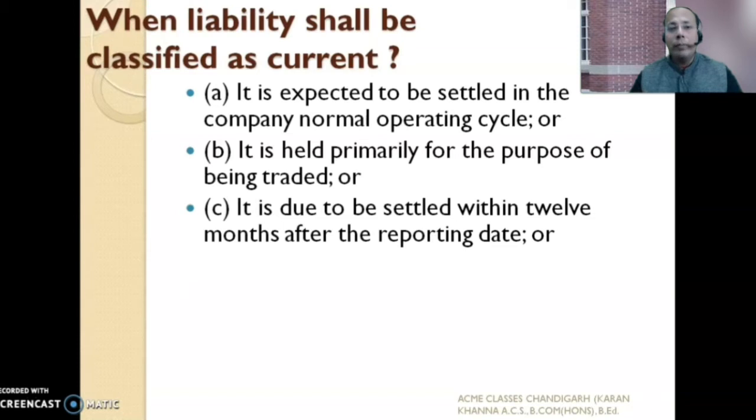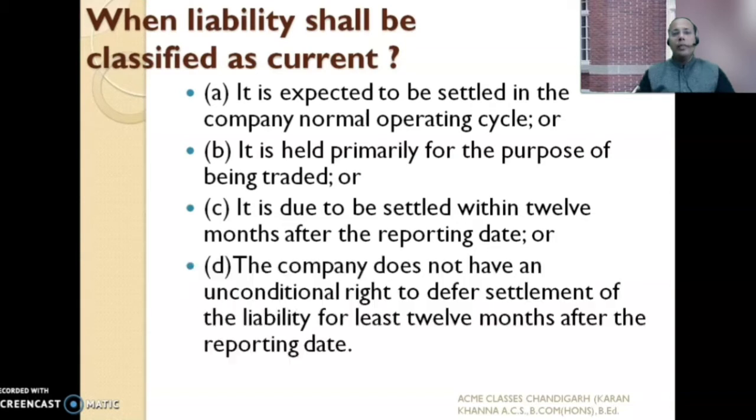So if I was to summarize the 3 points, current liability would be defined as a liability which is expected to be paid off within 12 months or the normal operating cycle of the business, whichever is later. There's another point added to it. Current liability is a liability of which the company does not have any unconditional right to defer payment for at least 12 months after the reporting date, that is the date of the balance sheet. Because if the company did have the right to defer the payment by more than 12 months, it will cease to be a current liability, it will become a non-current liability.